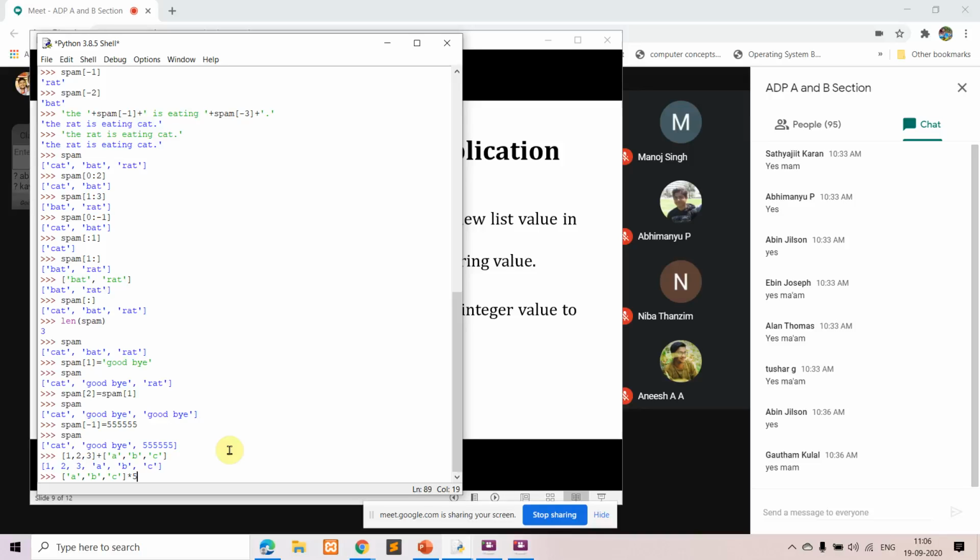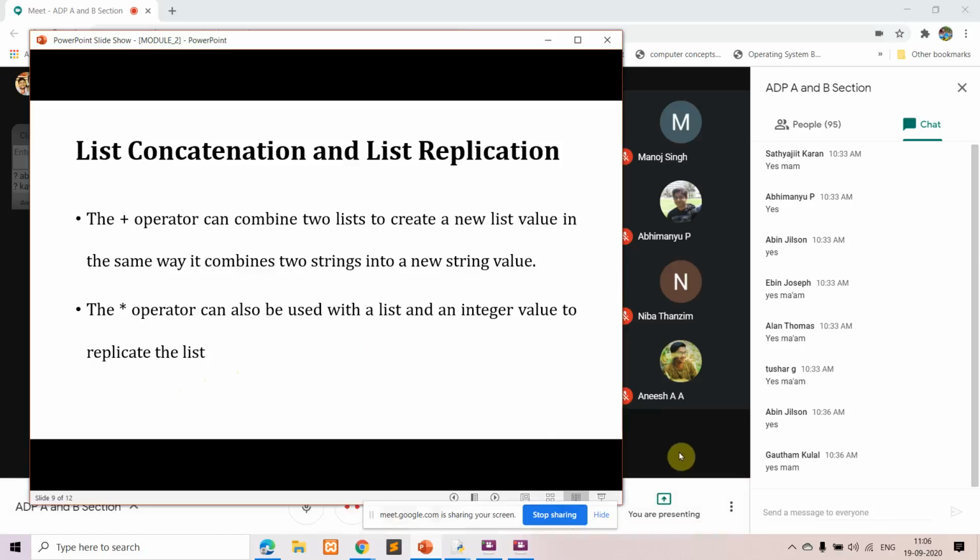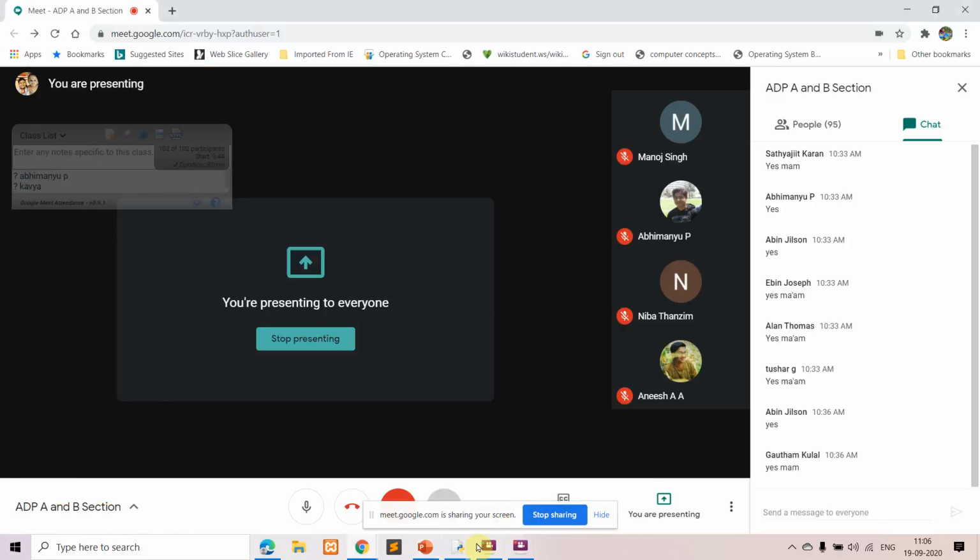So what we had seen in the slide here: star operator can be used with the list and an integer value to replicate the list. Here we'll just see with an example.